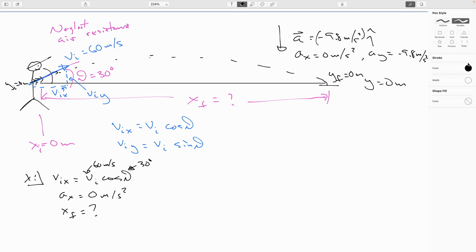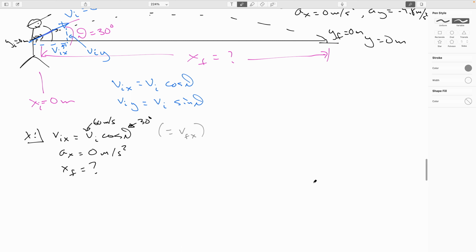I really do, deep in my innermost heart, know the final velocity. We can observe that that's equal to v final x. But again, this is going to be one of those cases where it's not going to help us, because you might think that you can get away with going ahead and trying the missing delta t,